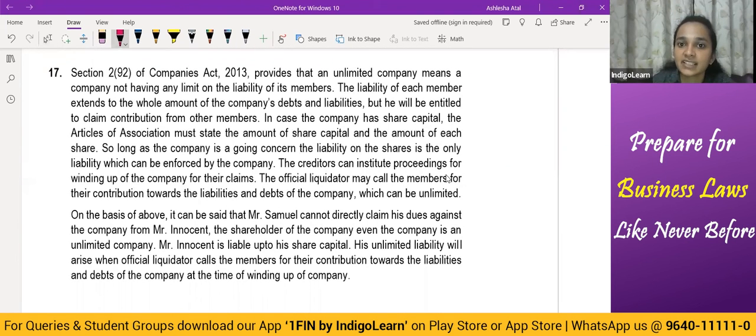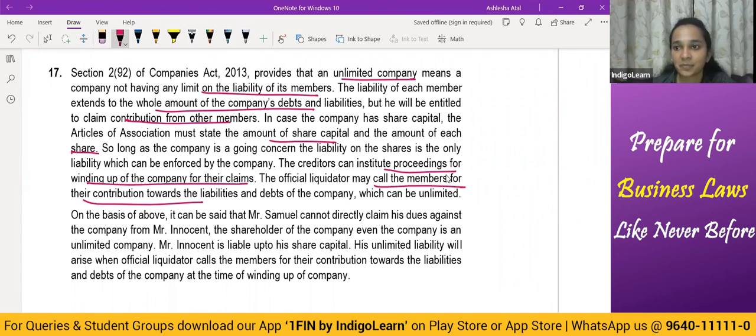So an unlimited company is a company where there is no limit on the liability of the members. The liability of members extends to the whole amount of the company's debts and liabilities, but he will be entitled to claim contribution from the other members. And in case the company has share capital, the AOA must state the amount of share capital and the amount of each share. So the creditors can institute proceedings for winding up of the company for their claims. The official liquidator may call the members for their contribution towards liabilities and debts of the company,